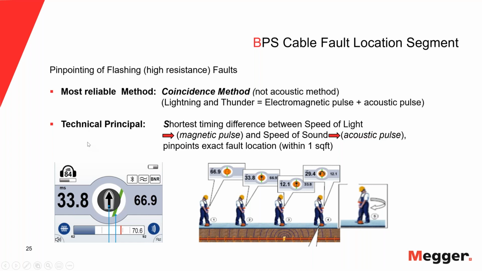And as he moves closer to the fault, obviously the time gets lower. So that's the indication of which direction you have to move. You have to move in the direction of lower numbers. Once you are over the fault, you are at the lowest number, and once you pass the fault, you see the numbers go up again. It's a very simple principle, but an excellent one, because it doesn't rely purely on the sound. Whenever you rely only on the sound, there are many things that can go wrong, and it's not a very efficient method to just acoustically try to locate a fault.